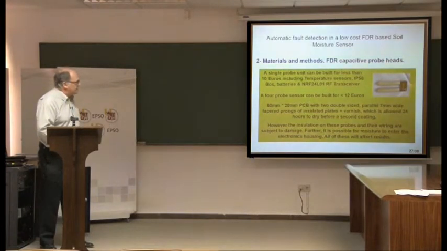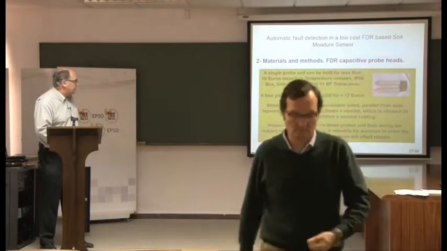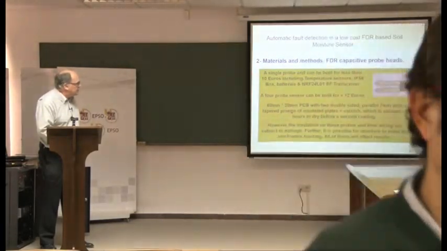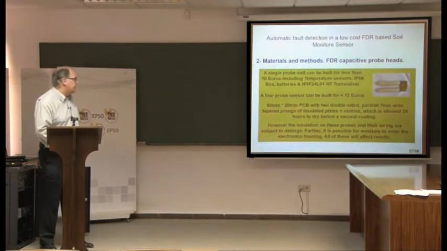This is an example of one of the probes that we've been using. It's a PCB about 60 millimeters by 20 millimeters. You can see it's a double-sided thing with 2 parallel prongs. Those prongs come out to electrical connections here and here. And basically the whole of that PCB assembly is dipped in varnish, which is allowed 24 hours to dry before